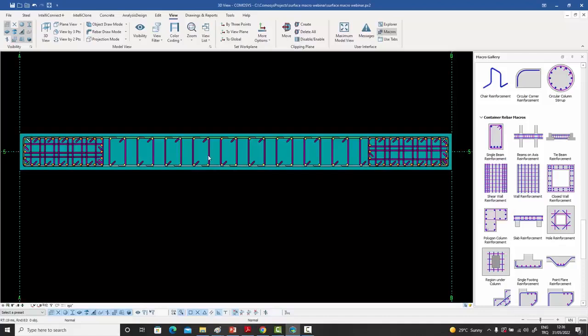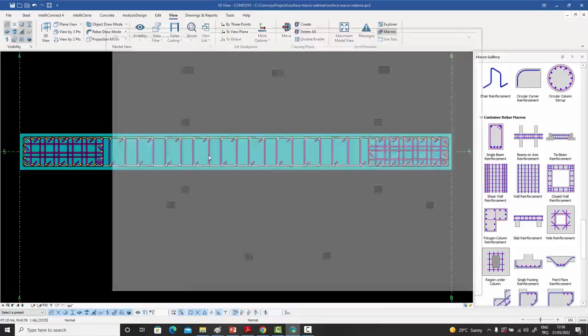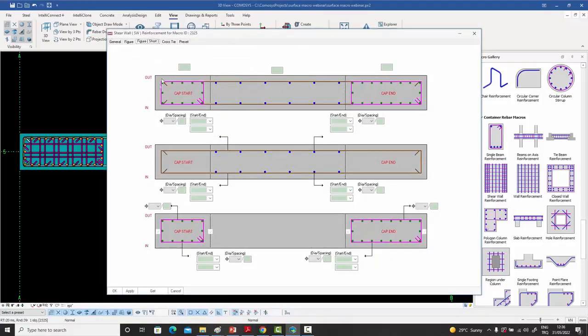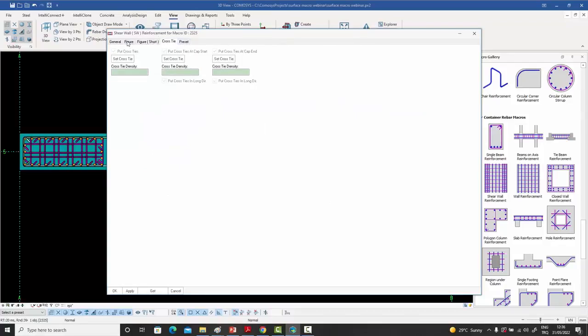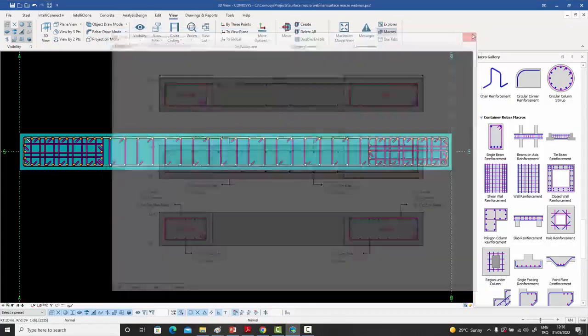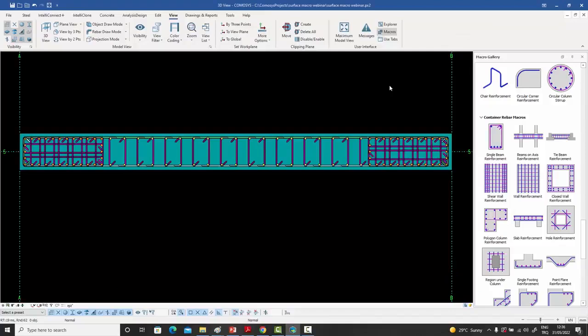Obviously, these parameters are all modifiable, and we can open it up and we have the start area and the end cap start and the cap end, and we can have different parameters for each one of them and different longitudinal reinforcements and cross ties and this and that. So we've got a lot of detail over here. But the point of the container macros is to do very quickly whatever things are very commonly used in reinforced concrete detailing. But once again, at the end, I'll emphasize that you can always go back to your general detailing,